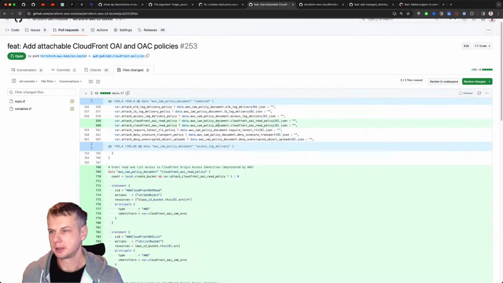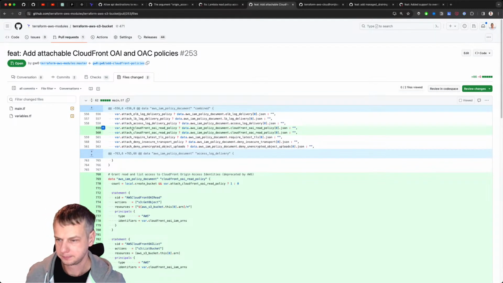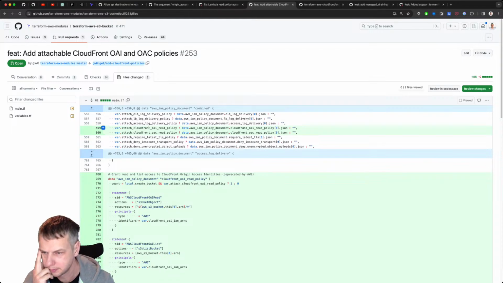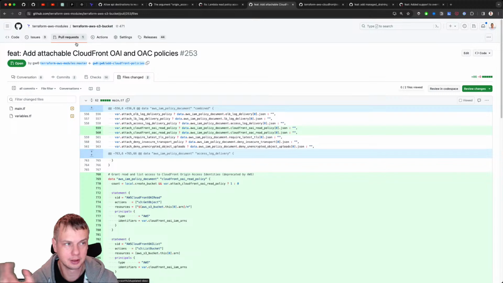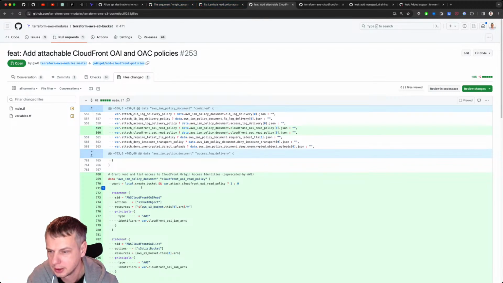Okay, let's think about this issue separately. This one is pretty straightforward. I don't have any strong objections about this one. So let's finish this one first and see if I have time for the one about CloudFront.